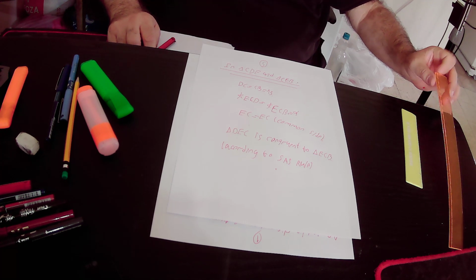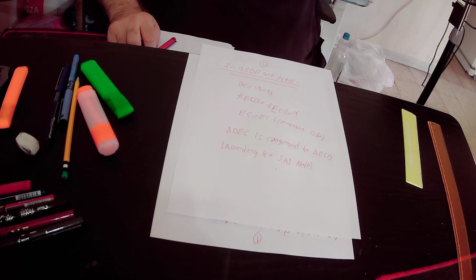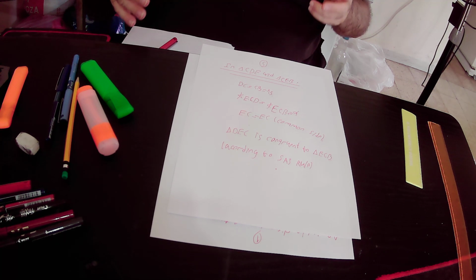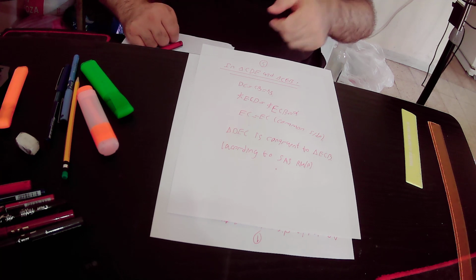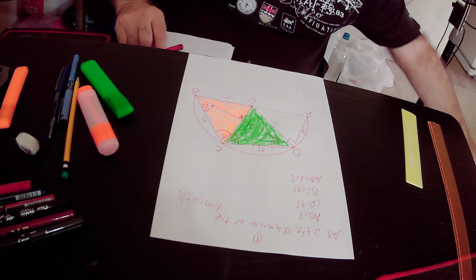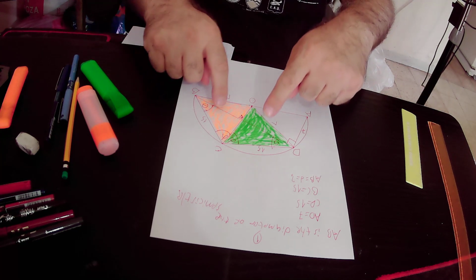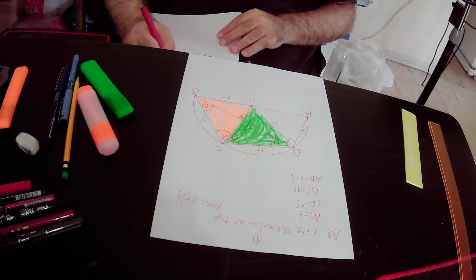states that if you prove that two sides and the included angle of one triangle are equal to two sides and the included angle of the other triangle, then those two triangles are congruent according to the side angle side rule. Okay, so from the fact that those two triangles are congruent, we can deduce